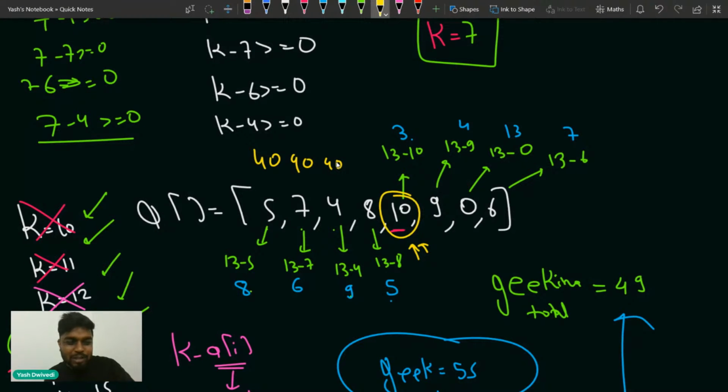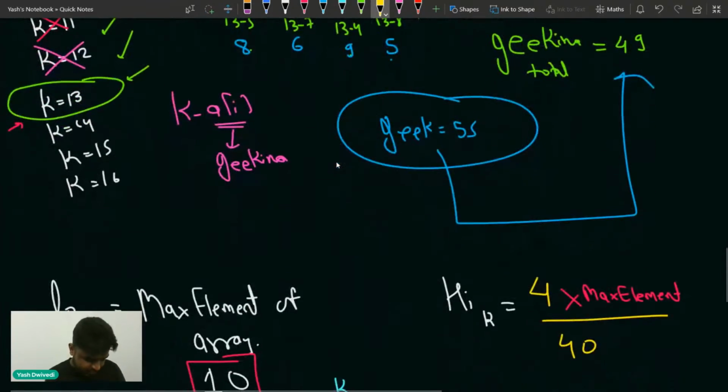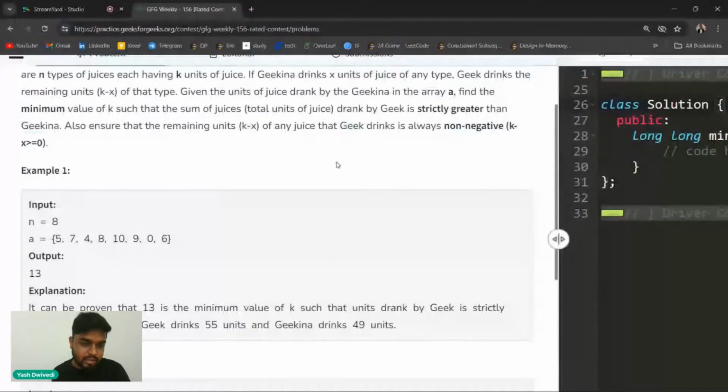You can see 40 minus 5, 40 minus 7. A couple of additions will give you more sum than Geekina. Only adding one or two elements' differences will give you more sum than Geekina. That is why you can choose it as 4 times the maximum element. Does this make sense or not?